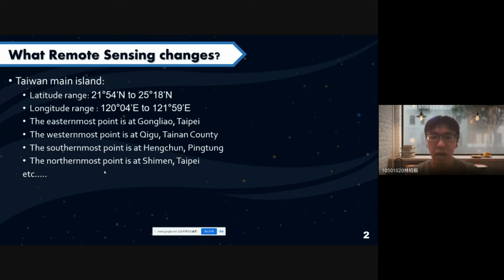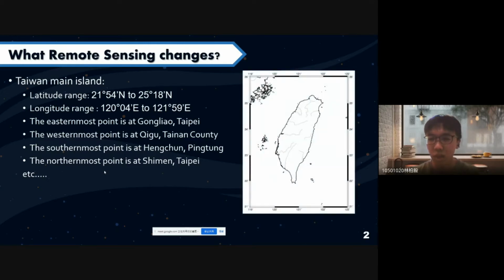So I think we need a lot of words to describe the range of Taiwan. However, if we use an image and the coordinate of each point, we can easily use a picture to read the range of Taiwan.